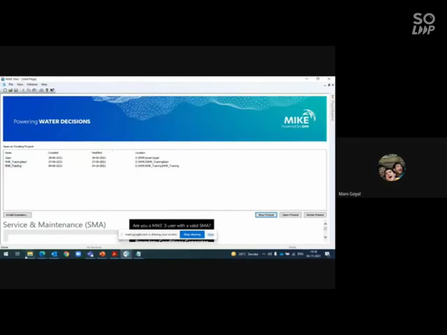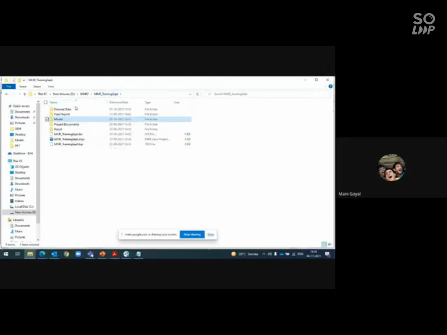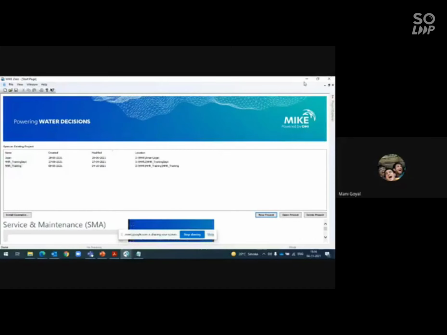The directory I mean to say is something like that. You will get this directory automatically: external data, your final report, model, and results. It is instructed that you put your data in here and save your model in the model folder. This is because once you create a model, and if you want to share it with someone, it should be under one folder. Otherwise it loses the connection with the data, and there can be a mismatch. So this is the one way.